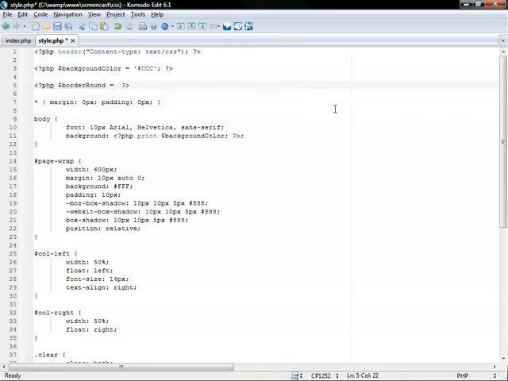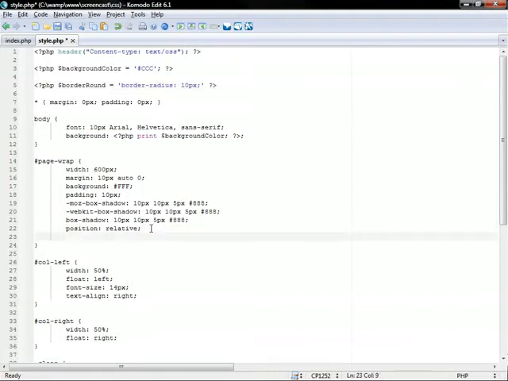Then go border hyphen radius of 10 pixels, and then all I have to do is put in my PHP tags and close them again, and then go print string border round, save, bring up the web browser again,